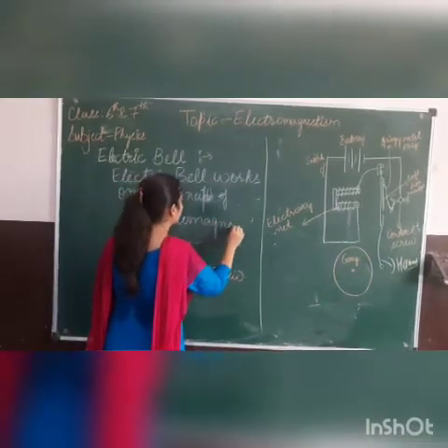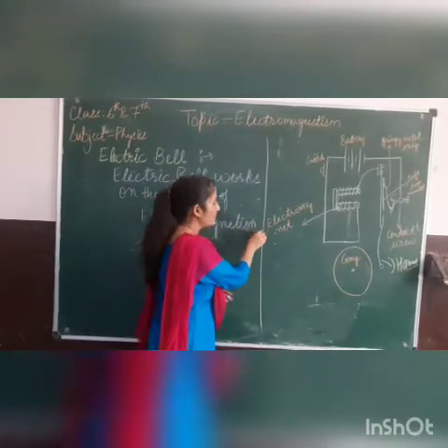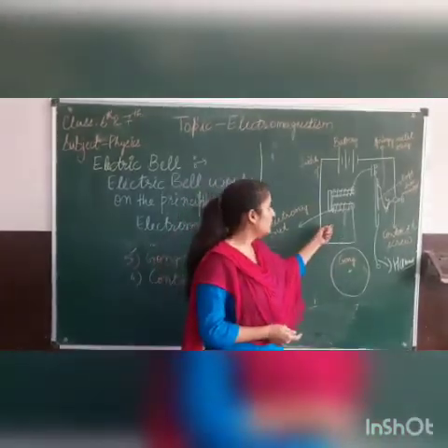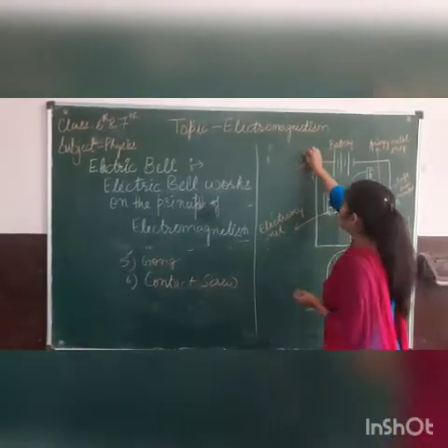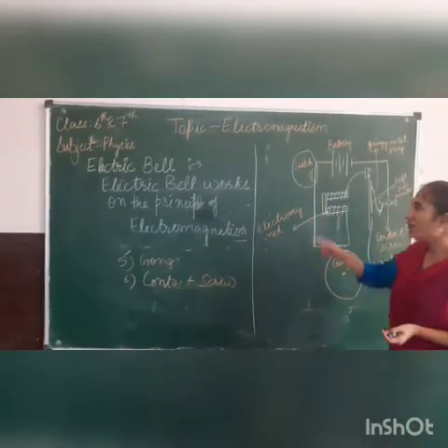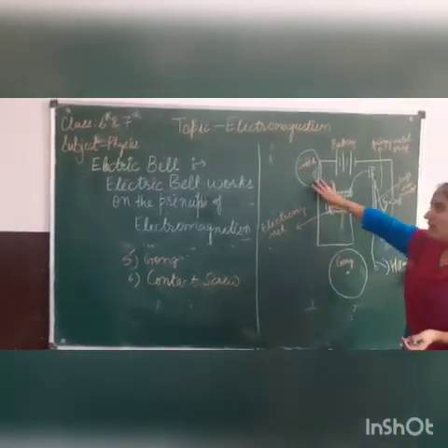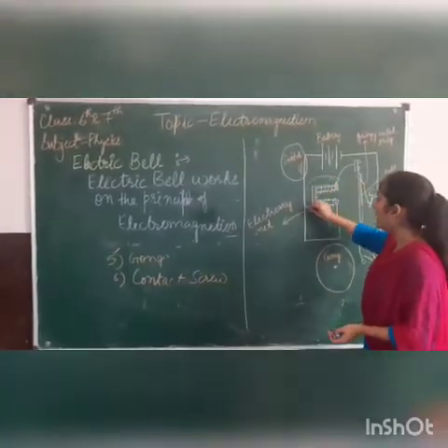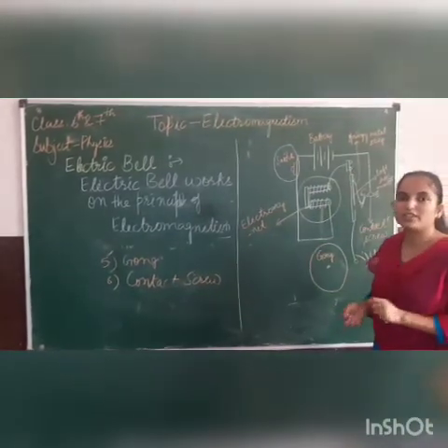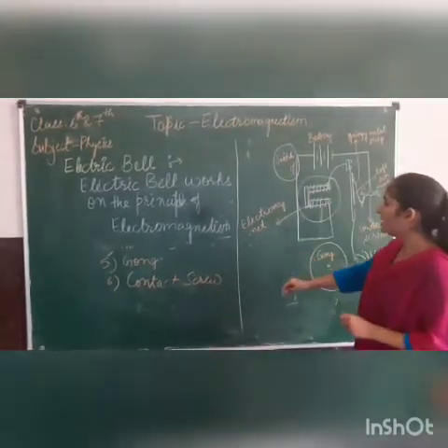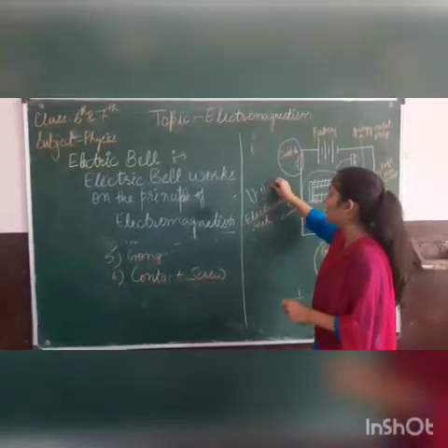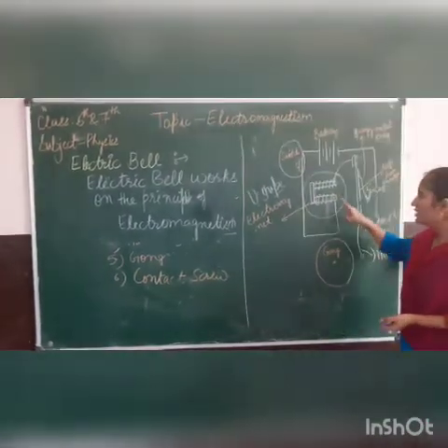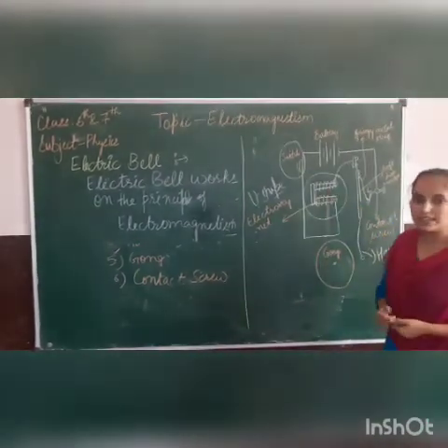What we studied in electromagnetism is that there is induction of a magnetic field whenever there is a supply of current. In this diagram, here we have a switch. When this switch is pushed, current starts flowing in the circuit. We have studied two types of electromagnet, one is I-shaped and the second is U-shaped. This electromagnet is U-shaped, or horseshoe electromagnet, and it will get magnetized.